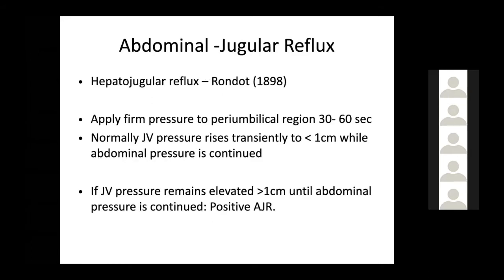Now, one important thing is abdominojugular reflux or hepatojugular reflux. Why it is important is, many a time if you don't see a prominent JVP, you will say in the exam that JVP is not raised. Without doing a hepatojugular or abdominojugular reflux, never commit to this finding. Always do a hepatojugular reflux.